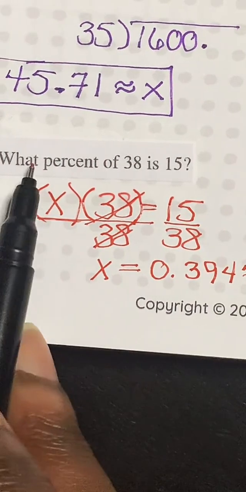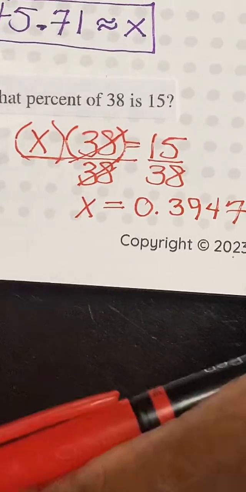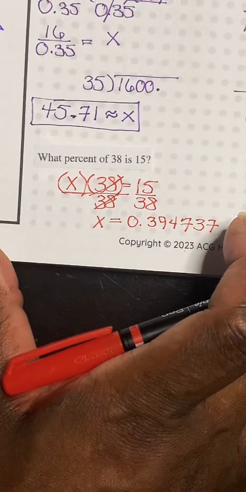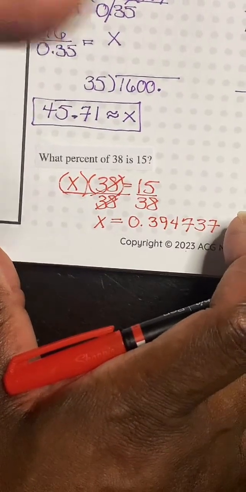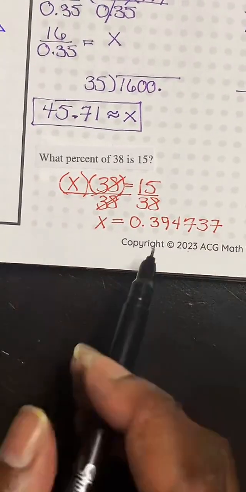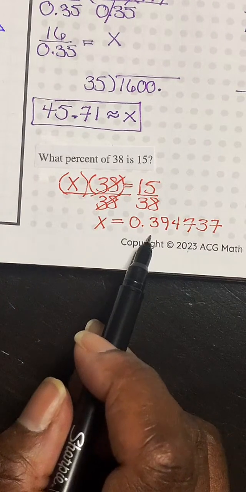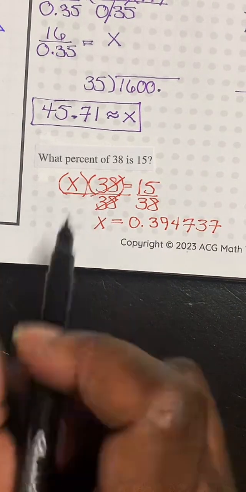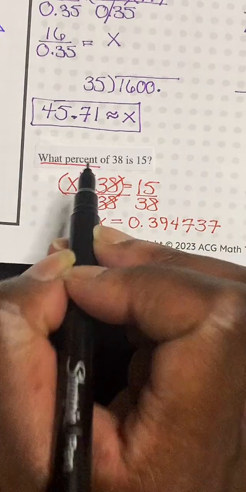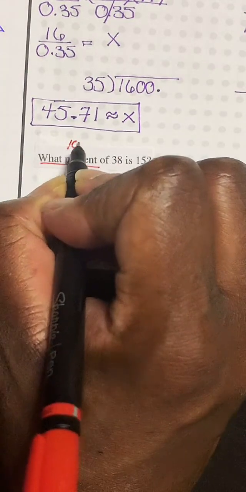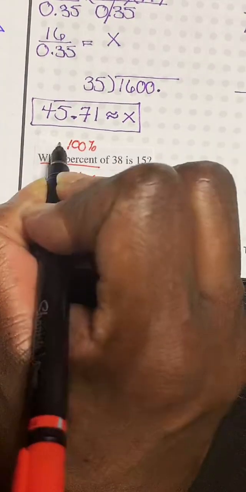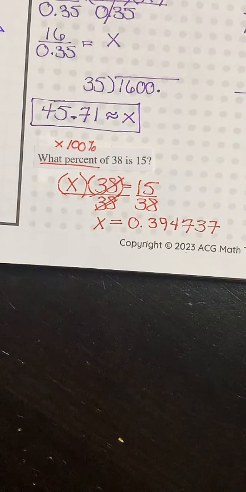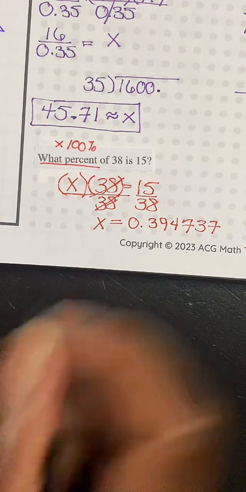But since they said what percent, okay, let me zoom in. Since they said what percent, this is when you can either do one of two things. You can either multiply by 100. Anytime they ask what percent, you should be thinking, I need 100. Either I'm going to be multiplying by 100, or I'm going to be moving that decimal place to the